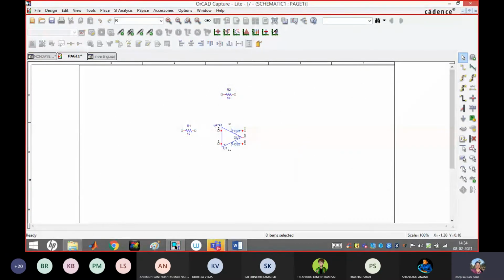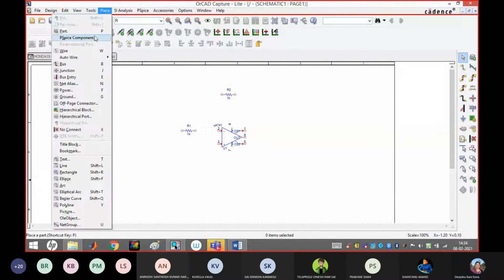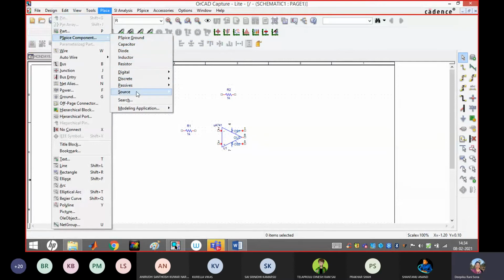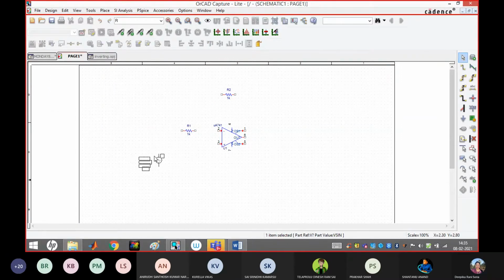Then we need the sinusoidal source. Voltage sources we need. So first go to place, sources, voltage source. What I said, first we need the sinusoidal source. Bring and keep it at the input side.